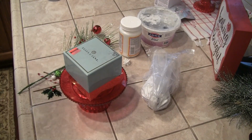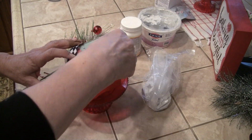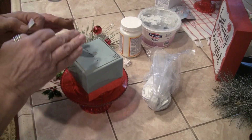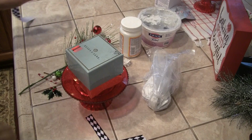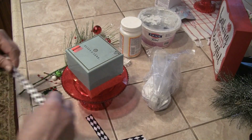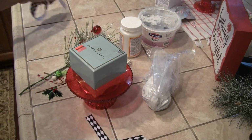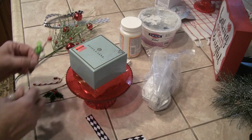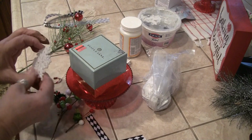Okay, the first thing I'm gonna do is put a couple pieces of this ribbon on here just to give that feel of Mackenzie Childs, and then this ribbon, and both of these were from Hobby Lobby, is going to go around the cake when I'm done frosting it. And then we're going to use some of this pick, snowflake,